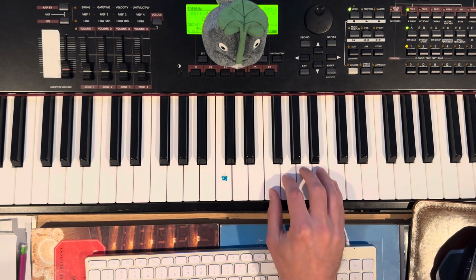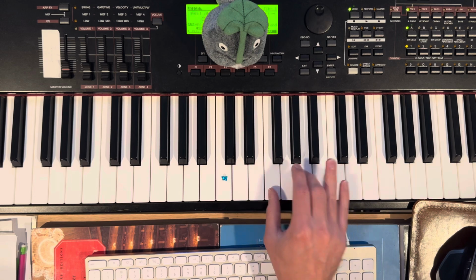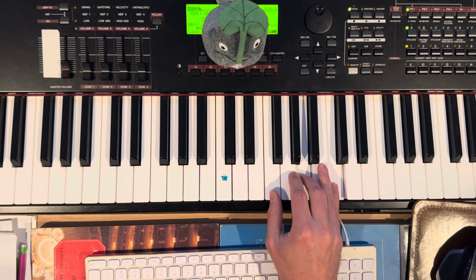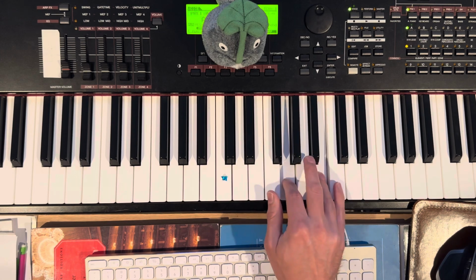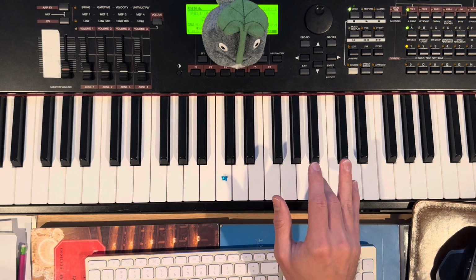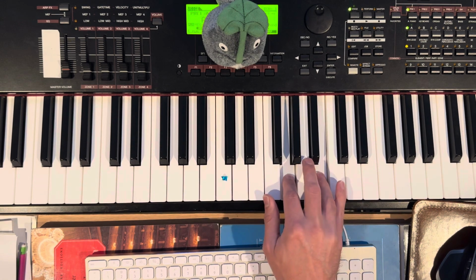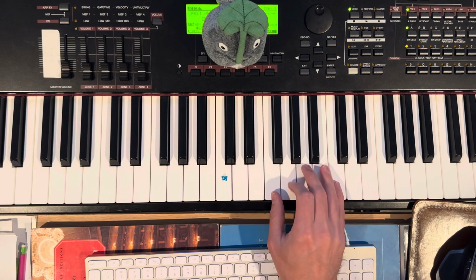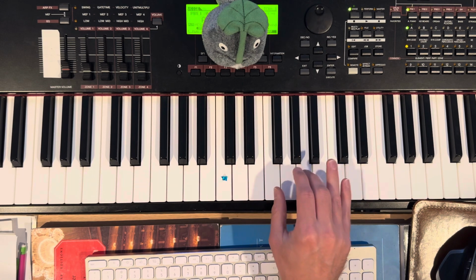Then the next part's very similar. It's still in the same area. I'm going to use my other fingering this time. I play F and A, G and B, A and C, and then again. Then I play this one again, A and C, step down to G and B. So all of that together, we have